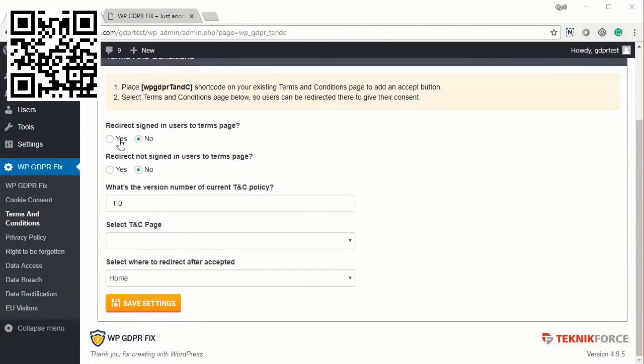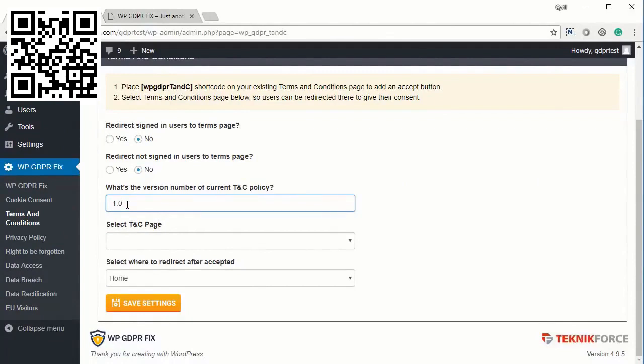So first, you have the option to make people see your terms and conditions policy. If they have not agreed to accept it, they will not be shown your blog content. And if you do that, everyone can be redirected to the terms and conditions policy first, even if they are signed in users, or if they are unsigned users, people who are visiting your website for the first time maybe, or who have not subscribed to you yet. Also, it does maintain the version number of the TNC policy. Every time you change the version number, it's going to force people to come to the TNC policy again and